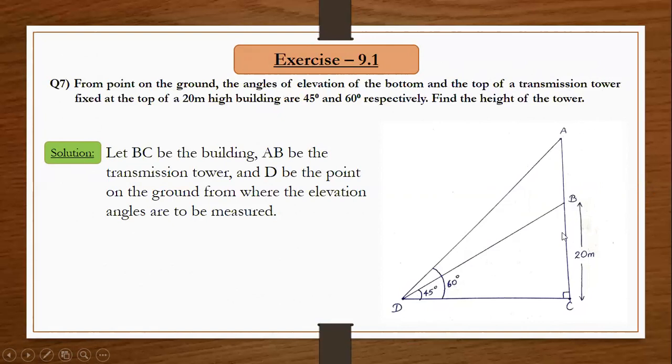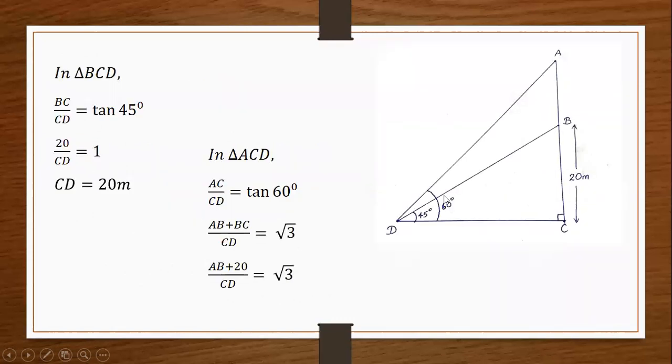For this, first we will take the smaller triangle. For the bigger triangle, we don't know so many things. So first we will take the smaller triangle. We will find the distance DC. Then using that, from the big triangle, we'll find AC. Then we can subtract to get AB. This is the overview. Let us solve.